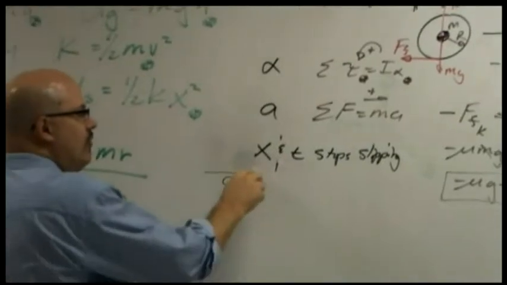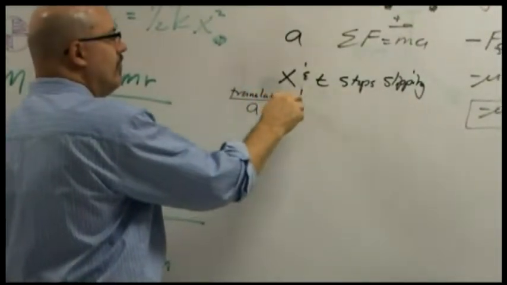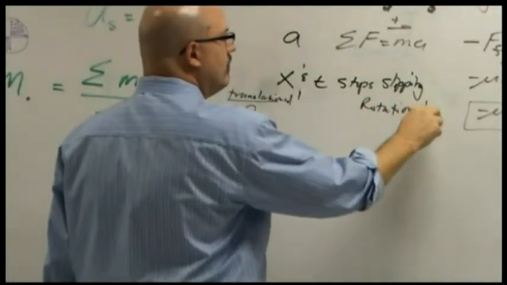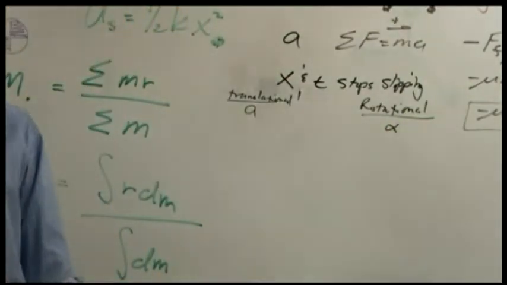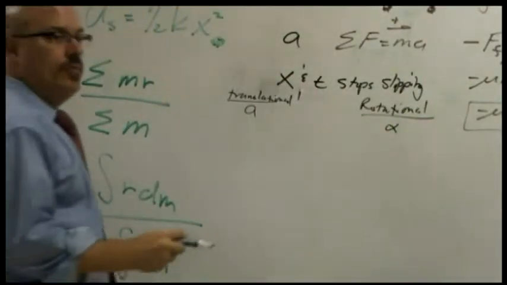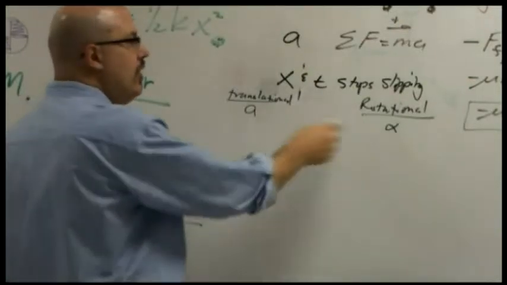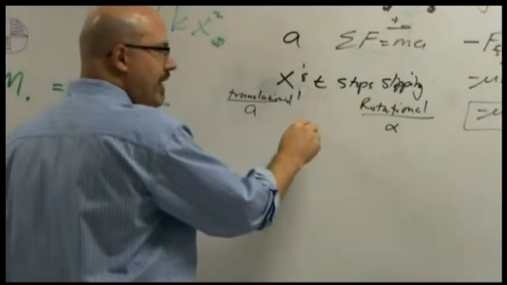Okay, let's do translational and rotational. We know a and alpha. What else do we know? We know that when we stop slipping, it'll happen at the same time. Okay, we do know the connector between these two, when we have that